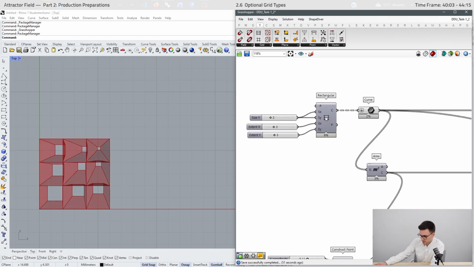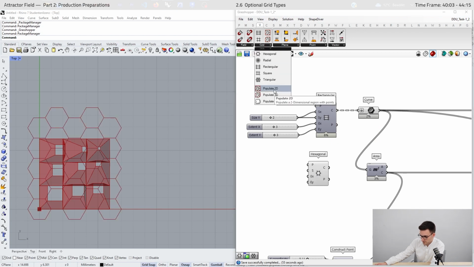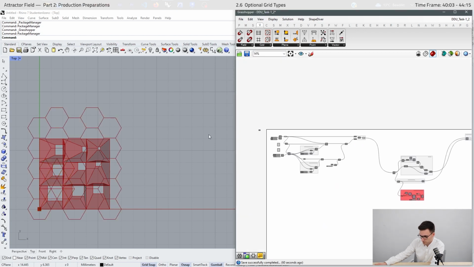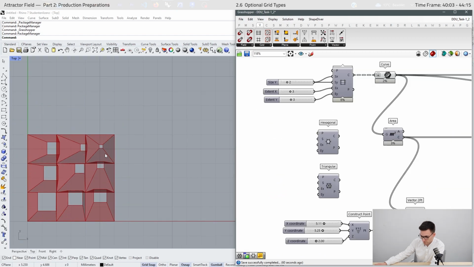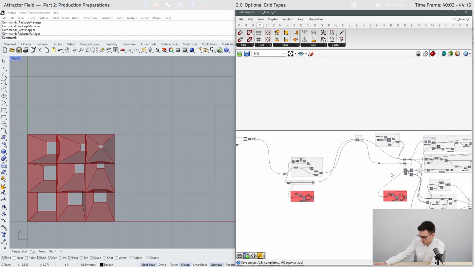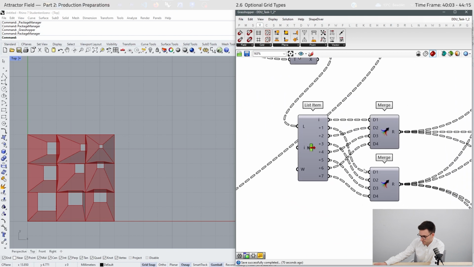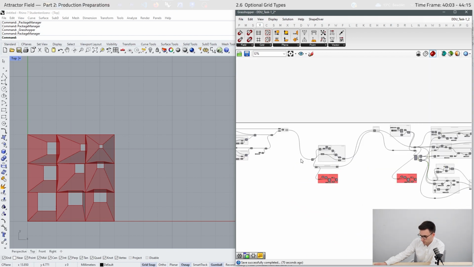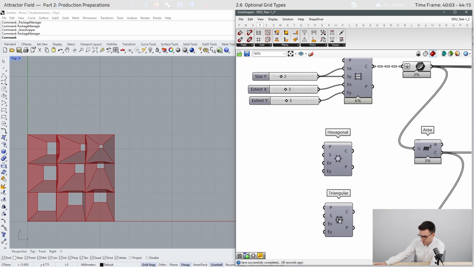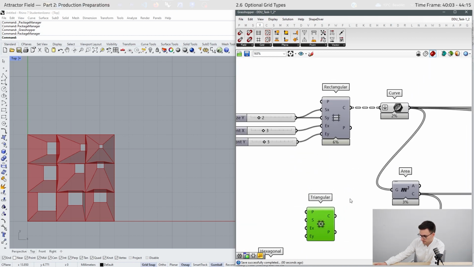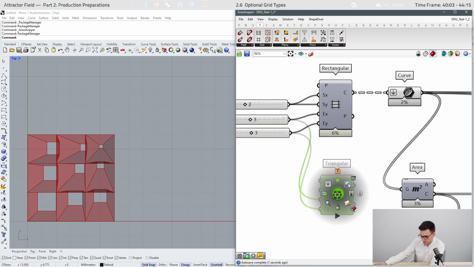You can also use other types of grids, for example, these ones. Here we have 4 faces, so we need to consider that we merge here 4 points. When we use the triangular grid, I will demonstrate it.